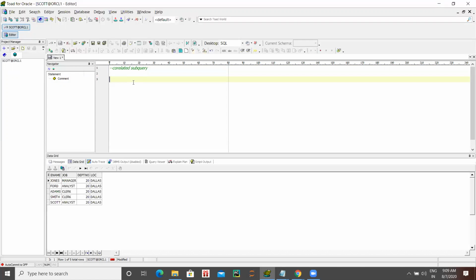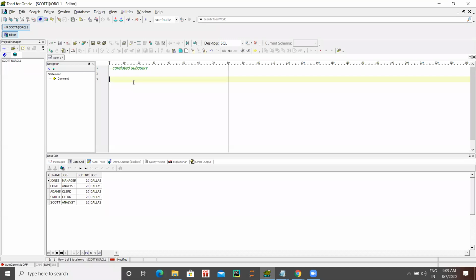Inside we have a query that will depend upon the outside query. The inside query will execute depending upon the outside query. That is nothing but your correlated subquery.